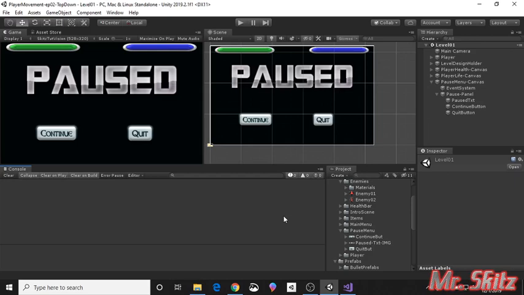And today we're going to be designing a pause menu so you can actually pause your game, and you will have the options on the screen right here to continue or to quit. And if you notice, the player's health and life bars will bleed over. So I came up with a solution so that this will not be an issue during runtime, and it's a pretty easy solution. So anyway, in order to make this, I basically created a continue button and a quit button,